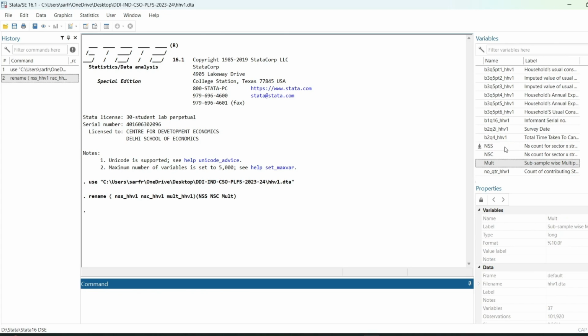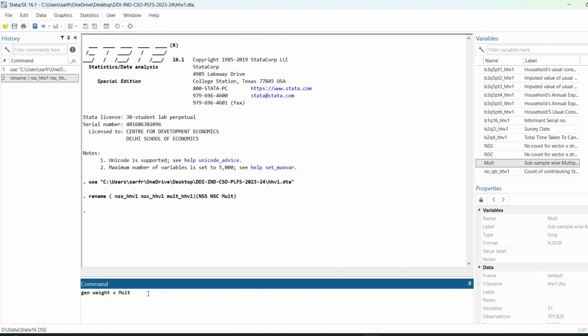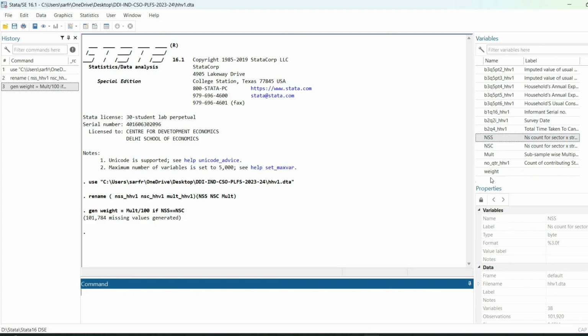Hit enter. As you can see, the variable names have been renamed. Now I want to generate weight. So gen weight is equal to, this variable we have seen from our readme file itself, multiplier divided by 100 if NSS equals, for the equal to sign we press double equal because we are in coding. Okay, hit enter. So we have created one